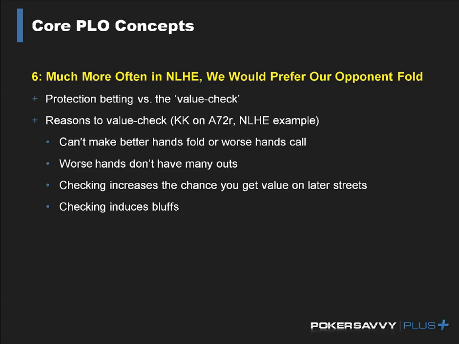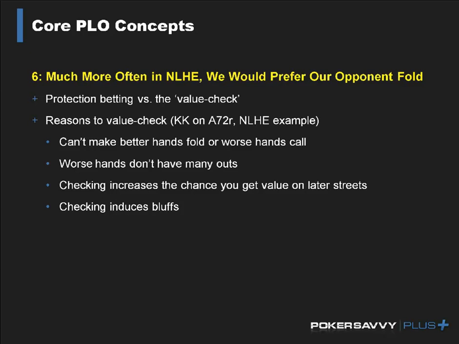Checking increases the chance you get value on later streets. A couple different ways. One way is that your opponent, with a lower pocket pair like jacks or tens or whatever, is still going to pay off a street or two on most turn and river combinations, and so you're not going to lose too much value. I mean, although sometimes running queen jack will come and it'll make pocket eights fold or whatever. More often than that, you're going to have an opponent with an unpaired hand, a queen jack type of hand,